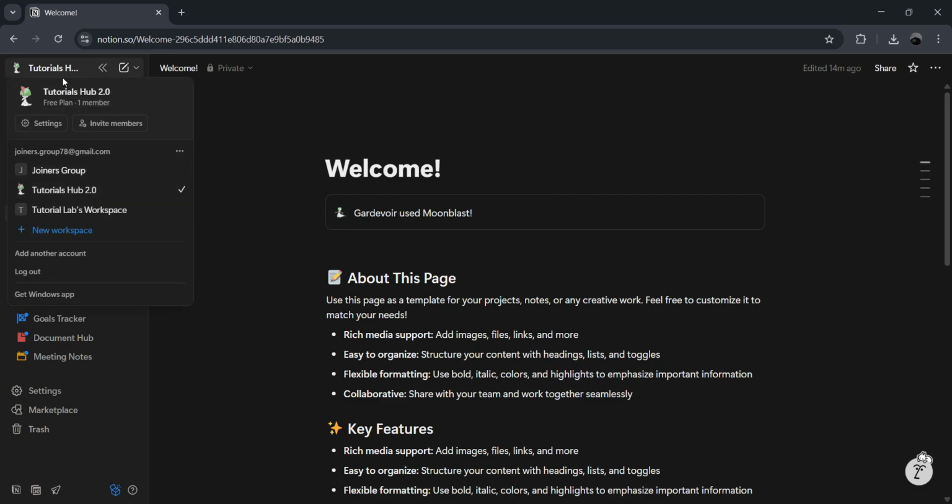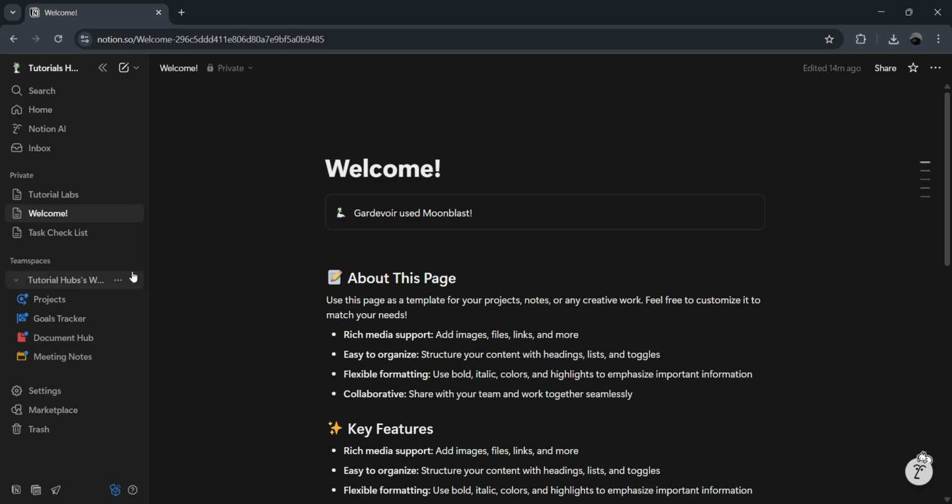To confirm that everything has updated correctly, glance at the top left corner of the Notion sidebar where your workspace name is displayed. You should see your new name reflected there, confirming the change was